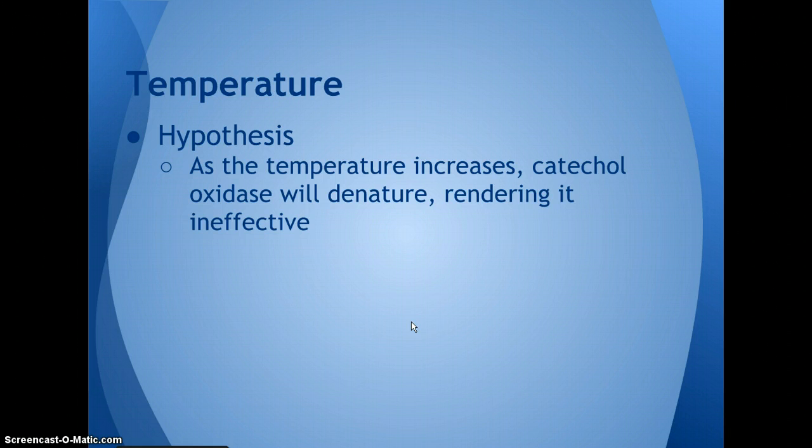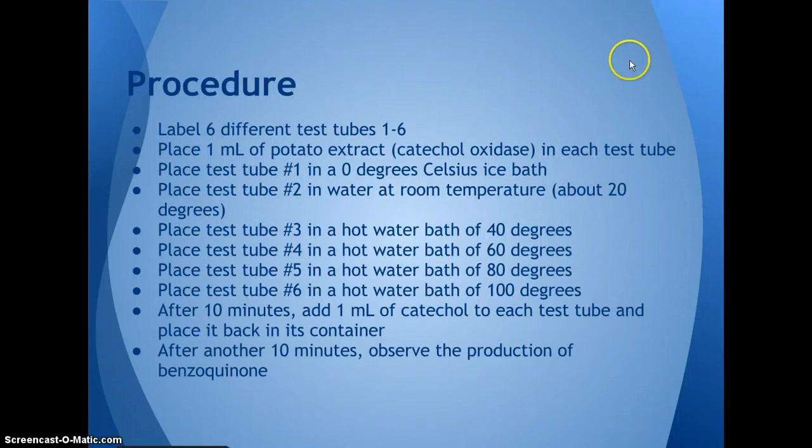So for temperature, our hypothesis was that as the temperature increases, catechol oxidase will denature and become ineffective because enzymes need specific conditions to work under. So the procedure for testing the efficiency of catechol oxidase in different temperatures: first, we had to label 6 different test tubes, 1 through 6, and then we placed 1 milliliter of